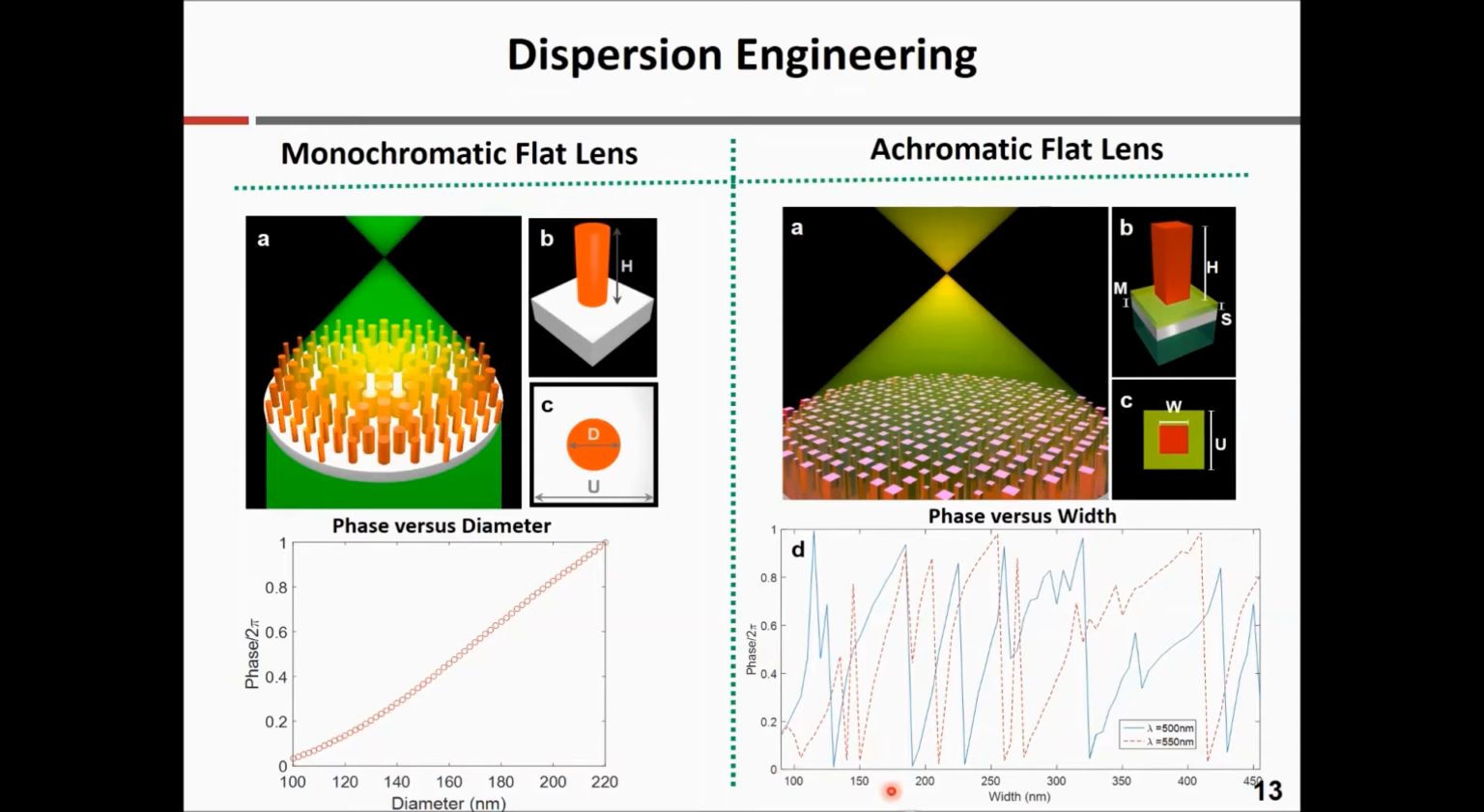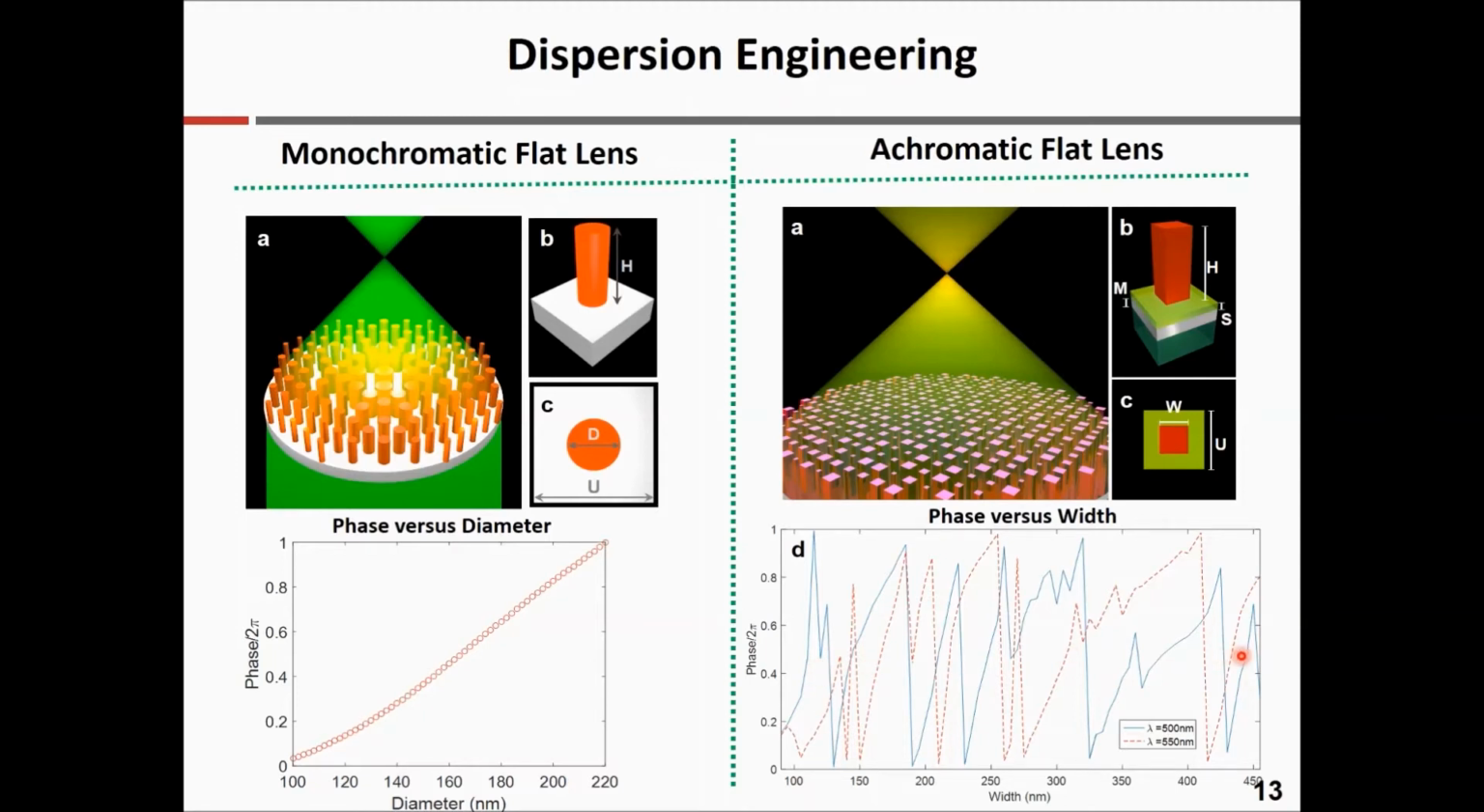We change the width of this nanopillar. We record the phase for 2 different wavelengths. Here we can say the phase is a multiple of 2 pi. Why is it helping us? Let's assume at some position on the lens the phase is 0.4. We can see we have several points that give us this phase at 500 nanometer wavelength, but different phase at